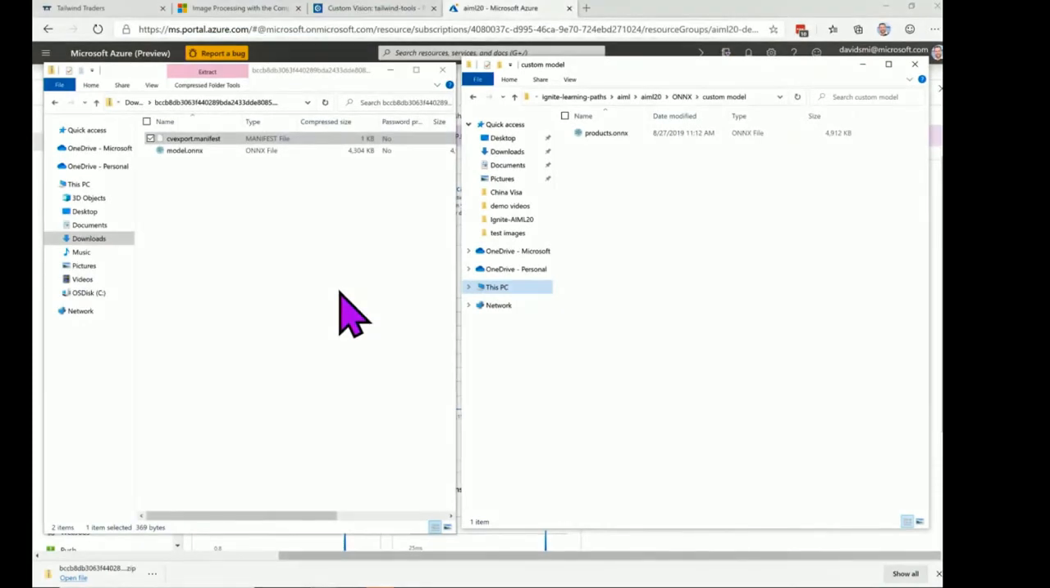So let's see how that works. Now, that model we just exported from Custom Vision is actually a zip file that contains the ONNX file. So you've got to open up the zip file, and you'll find there's a manifest file there. We don't need that. All we need is that model.onnx file, which is the representation of the newly trained neural network. But within the Tailwind Traders website, in the file tree, there's a file called products.onnx, which is driving